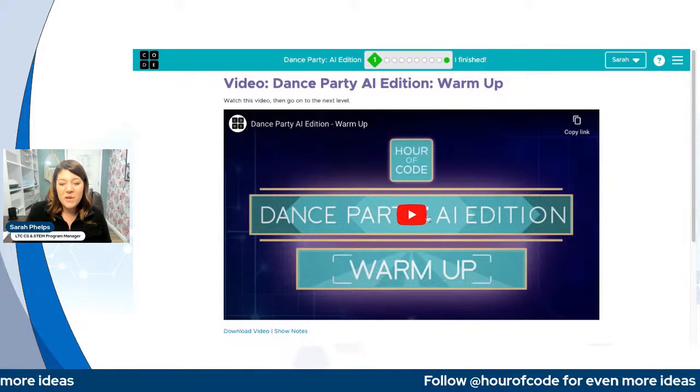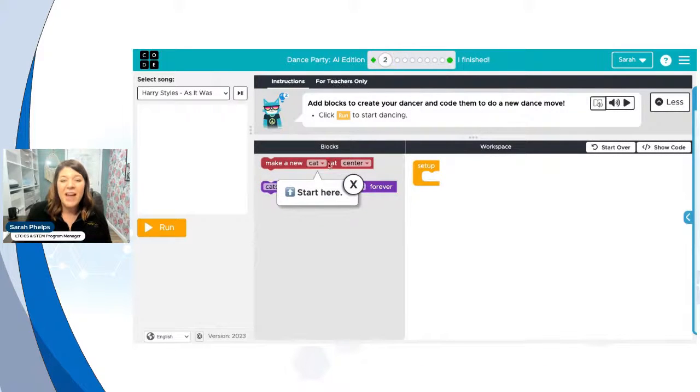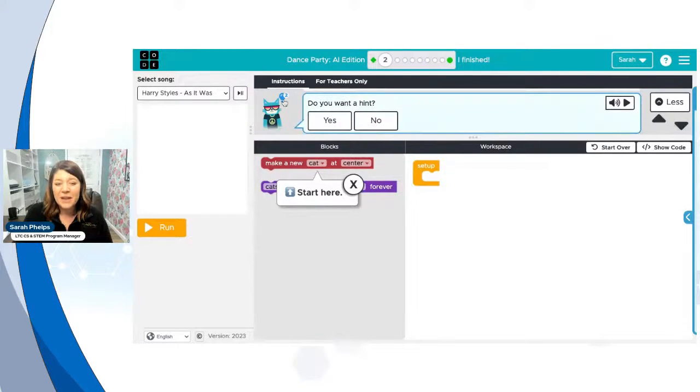It has videos to get them started and to give them information that they need. Everything is super, super spelled out. There are directions. There are little boxes that pop up that say, hey, do this first, start here. If they get confused, there are hints. Students love this activity because all kinds of very popular music is built in.